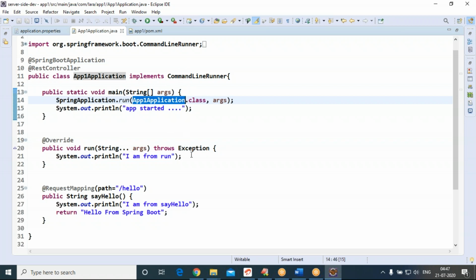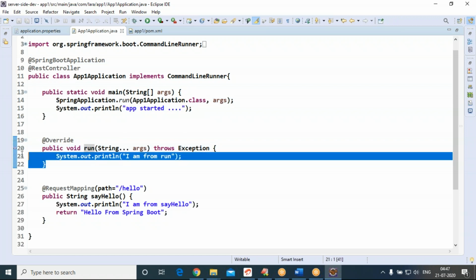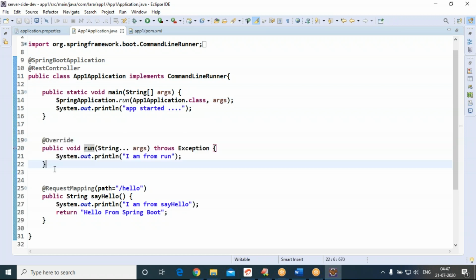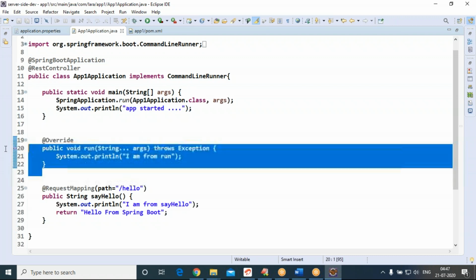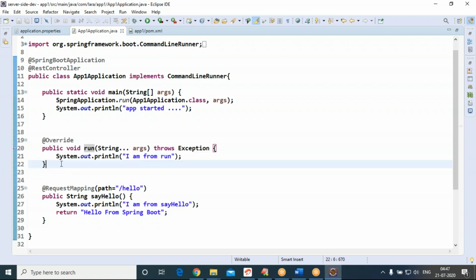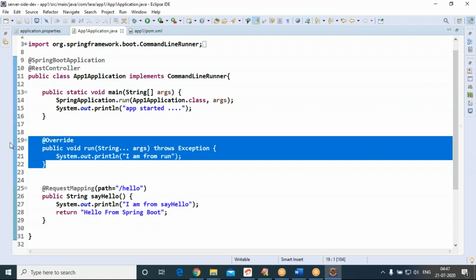If it is a type of CommandLineRunner, then it gives a call to the run method from this class. That is this. Please observe, CommandLineRunner automatically executes while starting an application. While starting an application, this run method executes automatically.